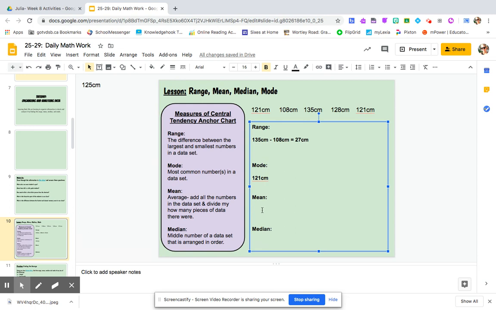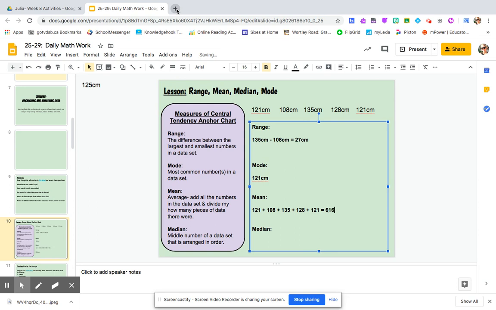So in order to figure out the mean, we are going to do 121 plus 108 plus 135 plus 128 plus 121 equals, so we're going to add all of those together. You could add it on a Google calculator if you want. I'm just going to do it with my calculator beside me here. 121 plus 108 plus 135 plus 128 plus 121 equals